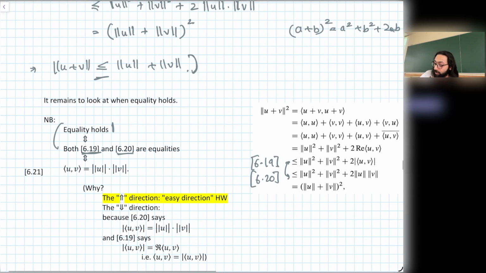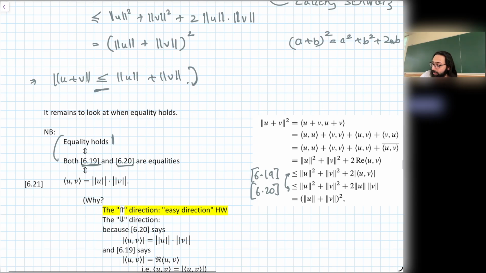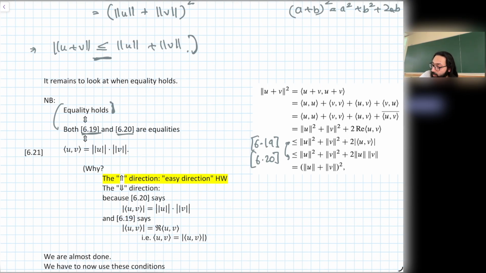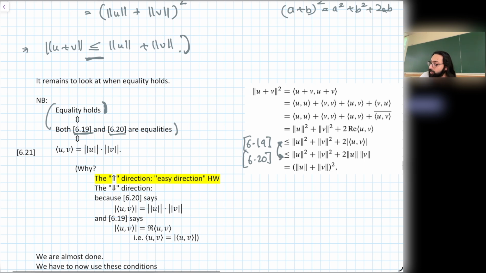Okay. So right. So here's the equality. So we want to know when this equality is strict. And all I'm saying is that this equality would hold is equivalent to saying that these two steps that we assume are equalities. That is all I'm saying. Everyone with me? Okay. So now,